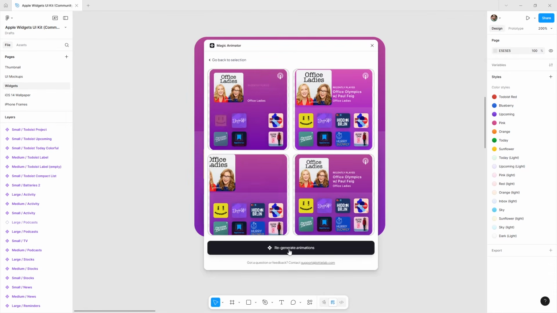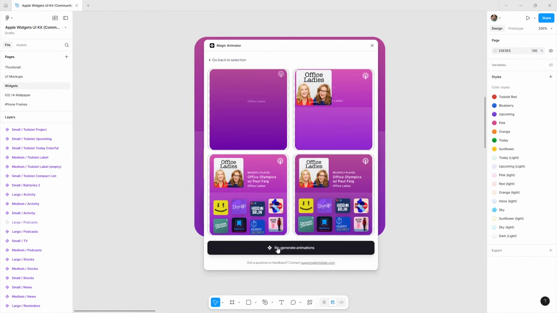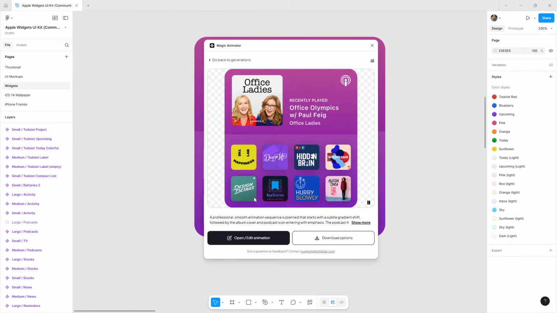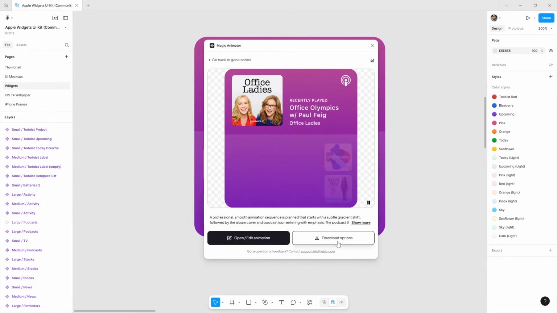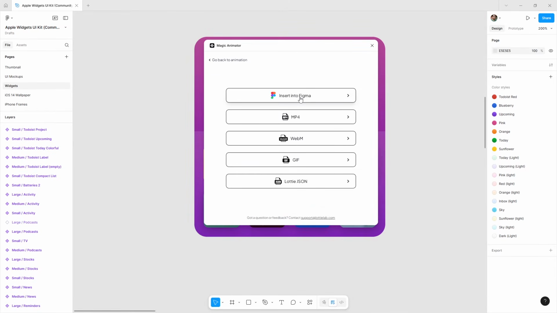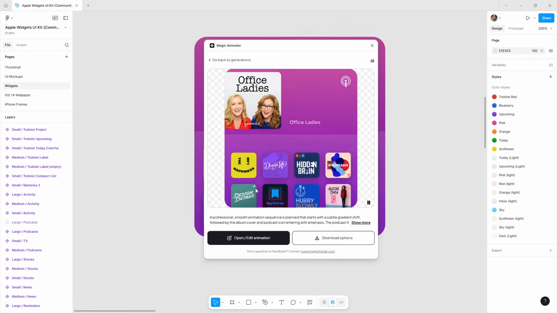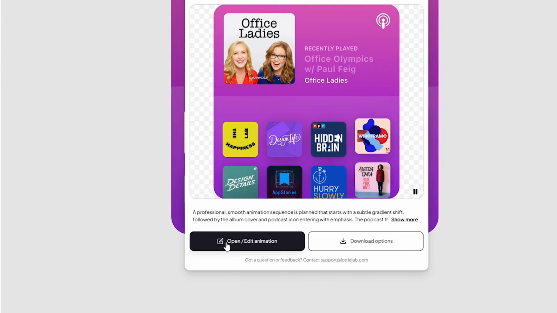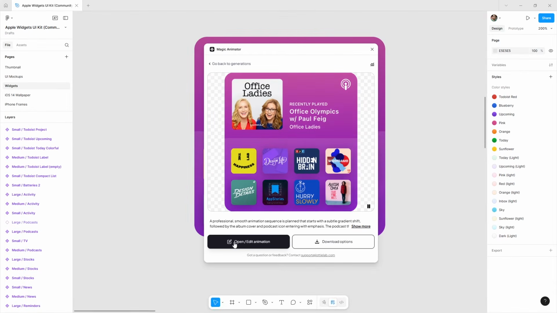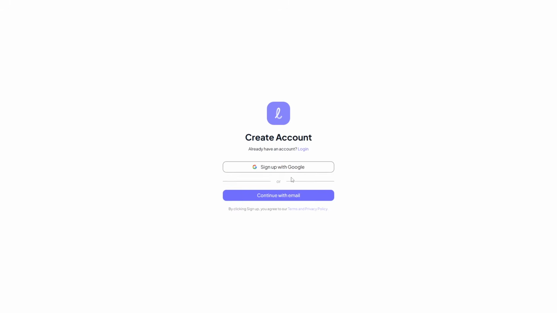Within seconds, you get 4 stunning animation variations to preview. Click on any variation to preview or download. You can even export as MP4, WebM, GIF, or Lottie JSON file, perfect for websites or UI demos. Want more control? Tap Open or Edit Animation to head into Lottielab's editor